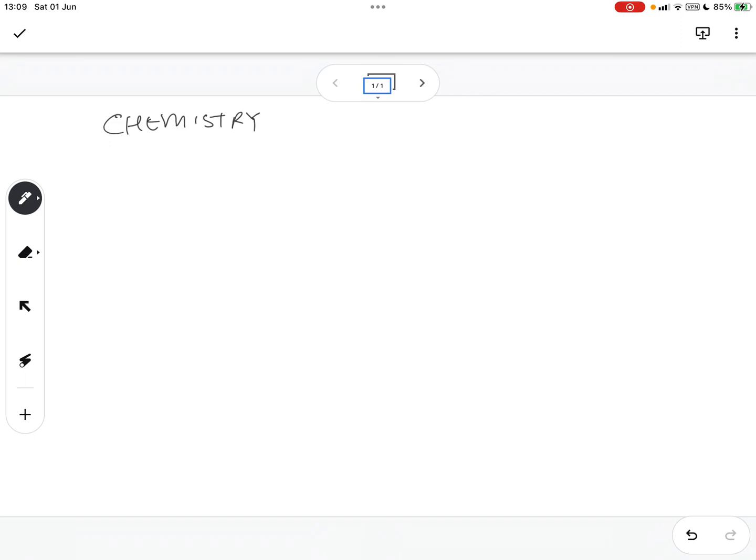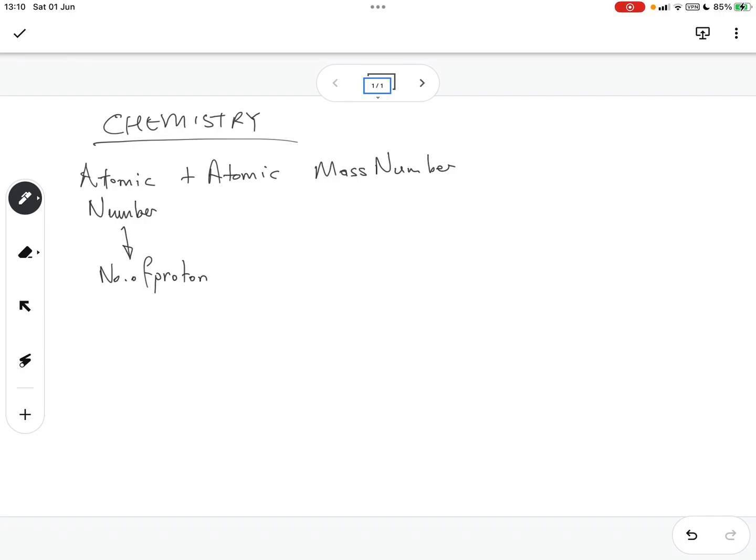So for our chemistry, we're going to look at atomic number and atomic mass number, right? Atomic number plus atomic mass number. And atomic number, rather, is the number of protons. Number of protons. So in other words, if we're looking at just hydrogen, we know that hydrogen is one proton,